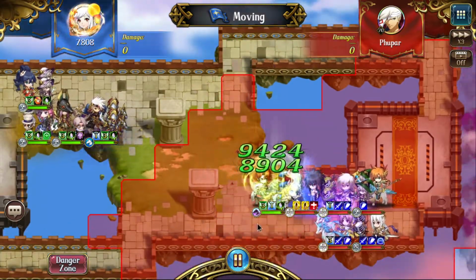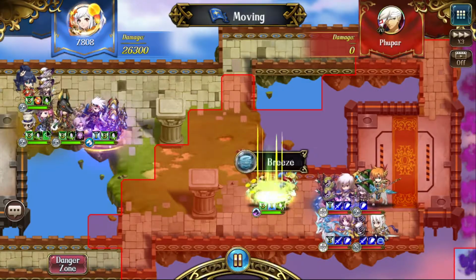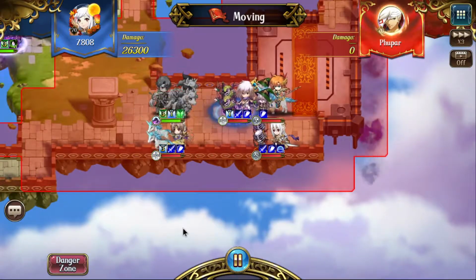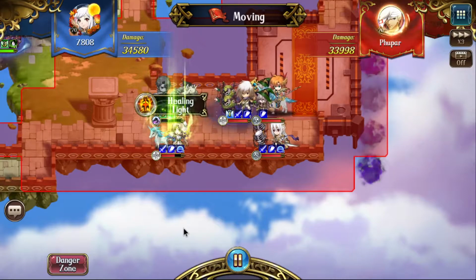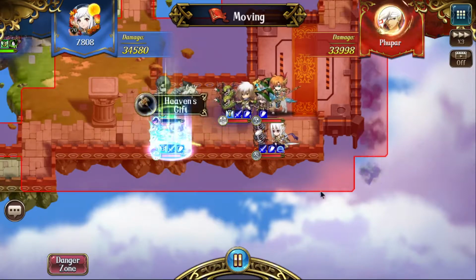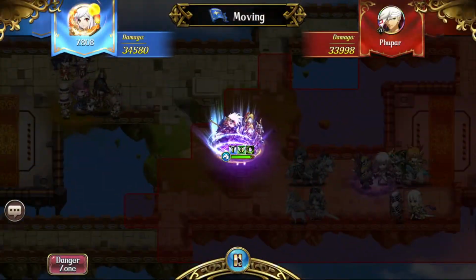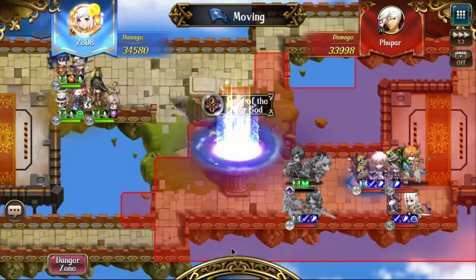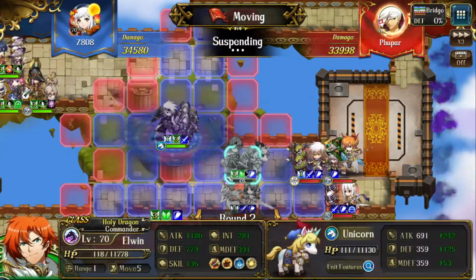And I understand that my Elwyn is most likely going to die, but it's a trade. I think it's a good trade. He's already faction buff, and Yusuke is always a pain. It's probably best to kill him first, just for the fact that as I kill other people, he doesn't get all buffed up. I purposely did not guard Elwyn,